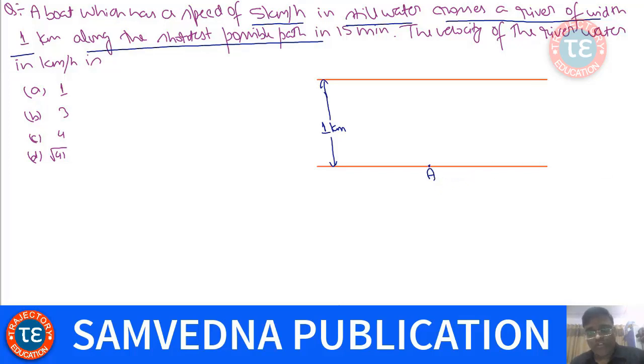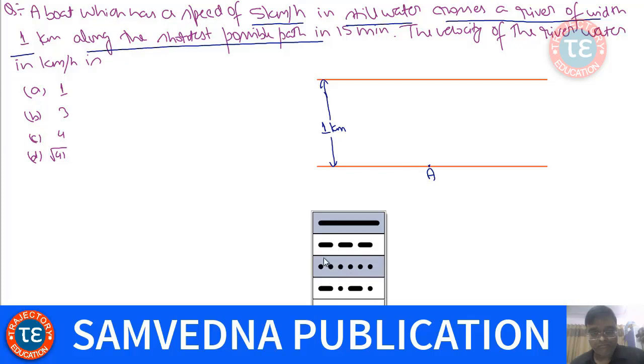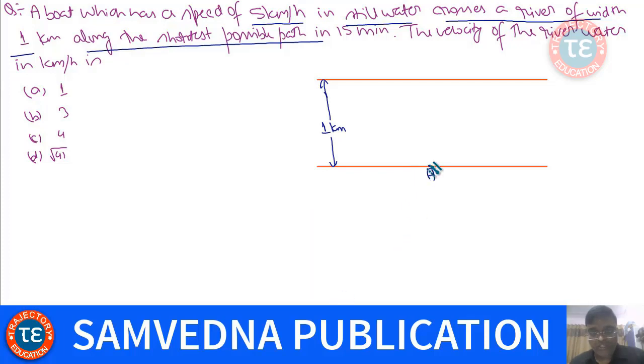Suppose here is the boat. So I want it to cross along the shortest path. So what can be the shortest path? You can easily understand. This is the shortest path which the boat can take. Velocity of river water in km per hour is, I want it to cross along the shortest path in 15